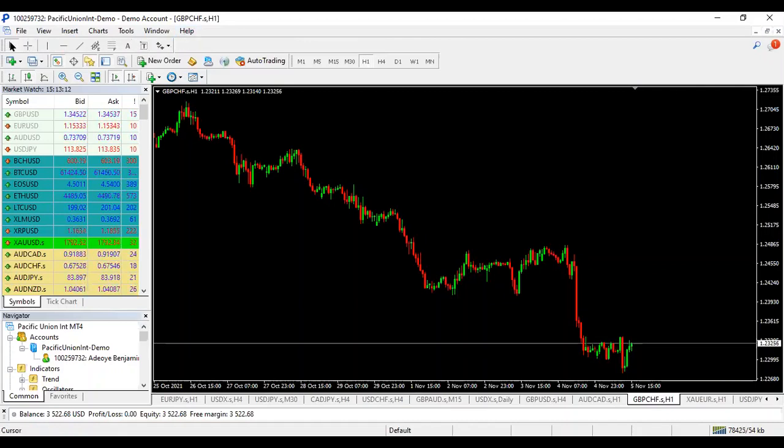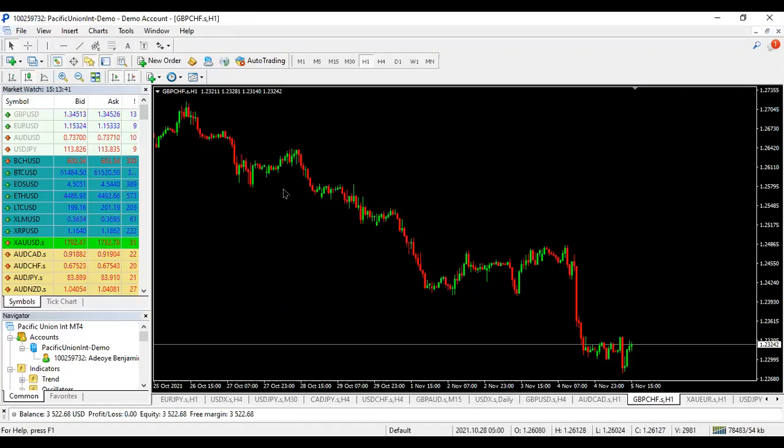So when you click on, this is the cursor, this is the crosshair, this is the vertical line, your horizontal line, your trend line, this is the channel, there's the channel line, your Fibonacci, and this is your text. So if you want to input anything on your chart, you just click on the text and you input it. So let's move on to the next one, which is how to pick a trade on